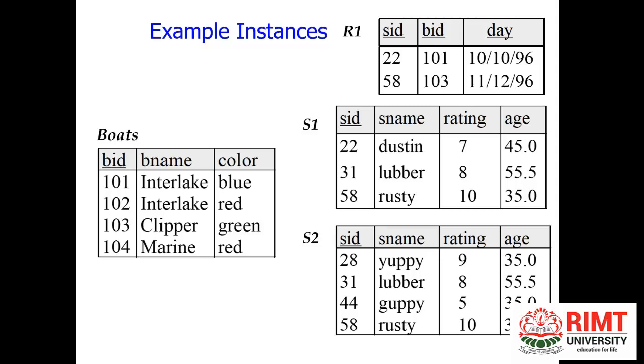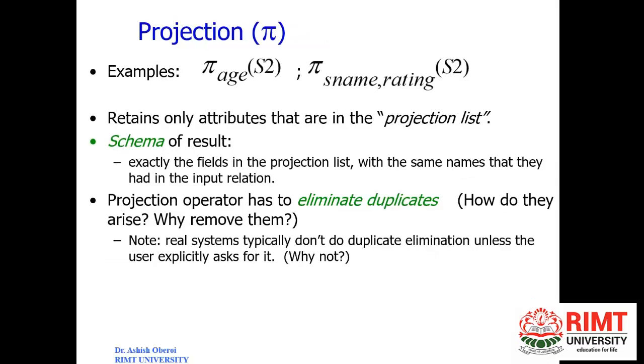Clear? So this is a typical example of when you want to use projection, or you want to display only age here from the relation S2. That's why it's clearly mentioned here that the relation is S2. It means we want to project age from the relation S2. So it must be in the subscript. Clear? Note it down that whatever column you want to project, whatever column you want to represent as an output, you must write that column in the subscript of the operator.